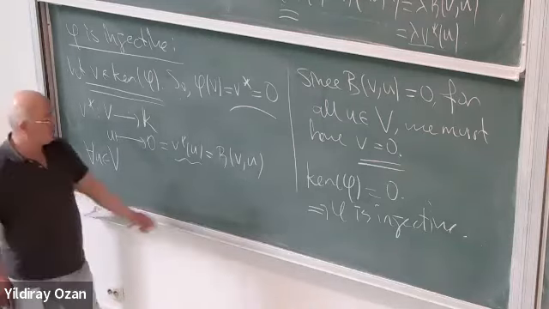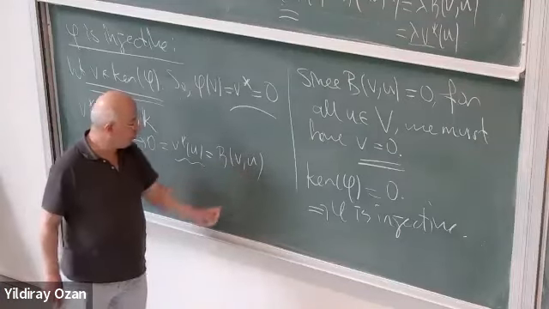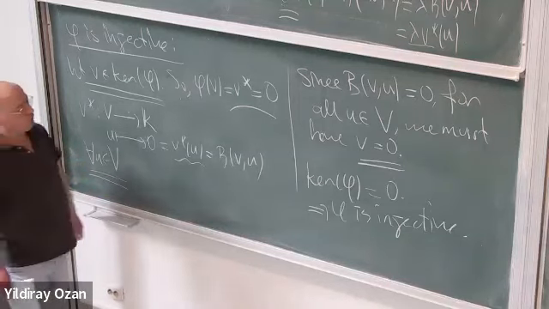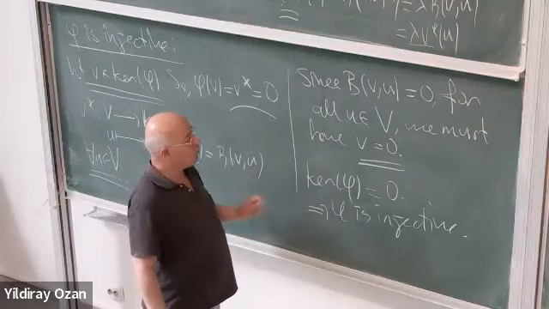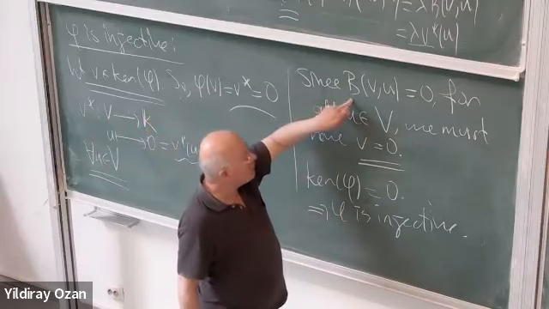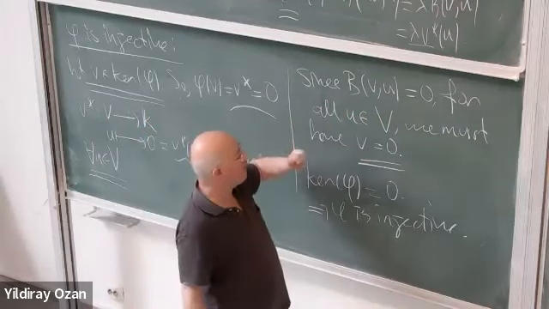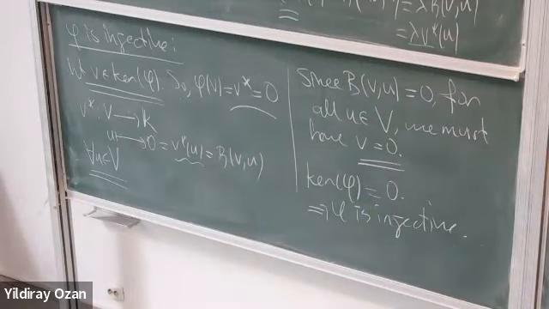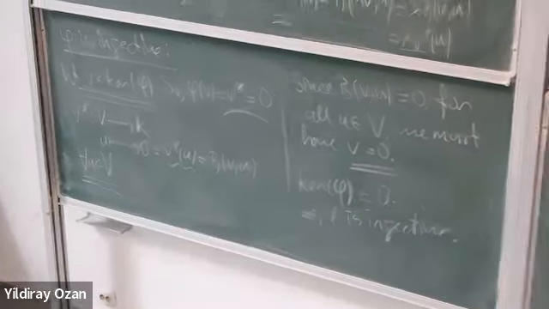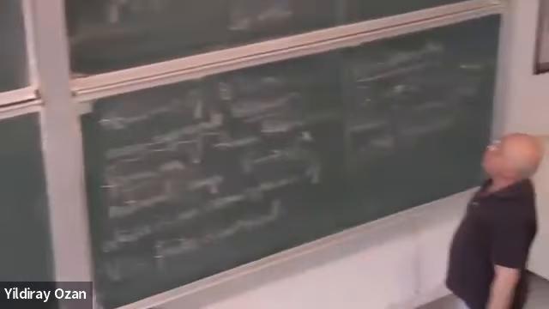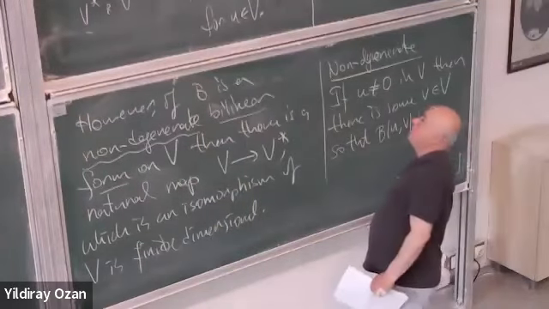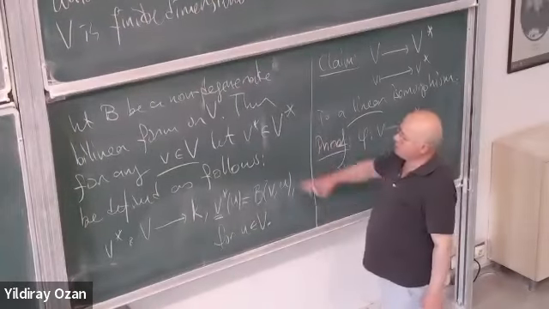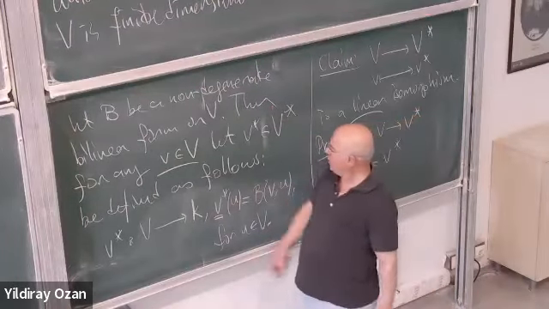So what we have seen is that B of V and U is equal to 0 for all vectors. But we know that B is non-degenerate. What was the definition of being non-degenerate? Non-degenerate means the following. For any